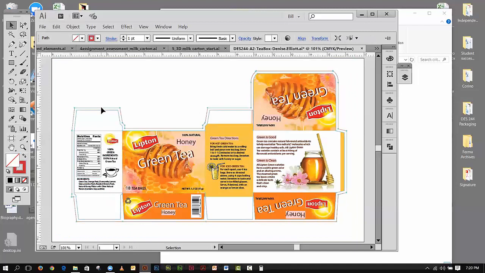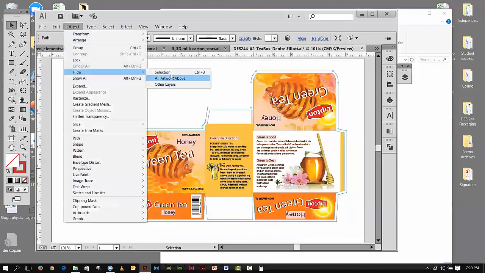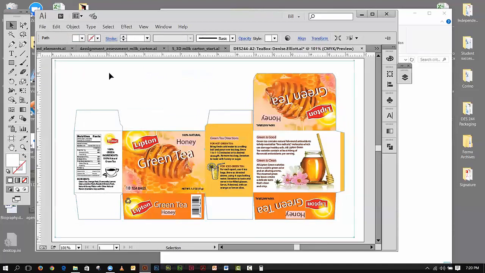click on the die line and go Object, Hide Selection, I now have, this is that background, forget that. I now have what looks like a really nice mock-up of the package. And the die line is not thrown away, it's merely hidden. So this is what the actual package is going to look like once it is actually printed before it's folded